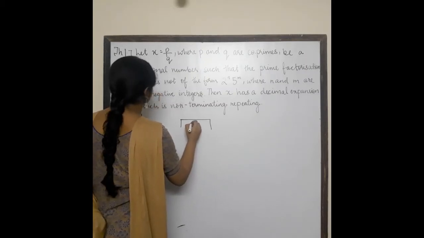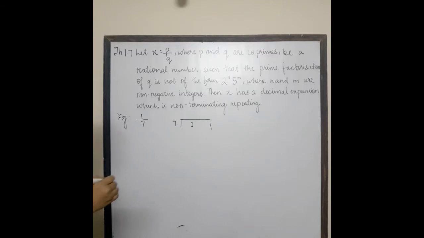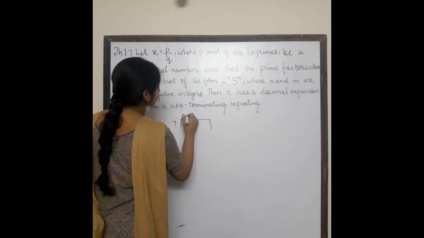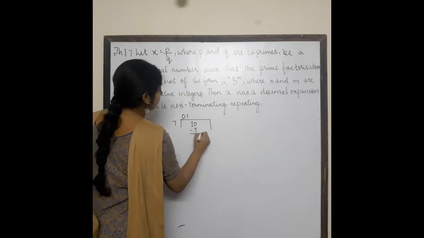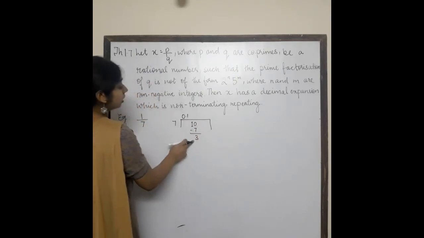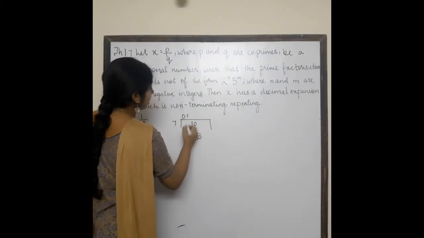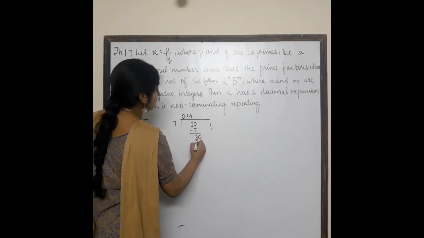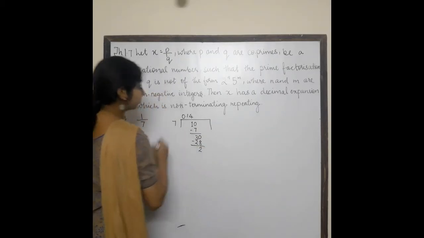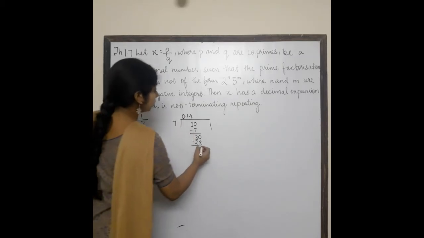We have the number 1 and then we have 7. Now naturally 1 is less than 7, so we have to take the decimal. 0 point, this becomes 10, 7 ones are 7. We have 10 minus 7, 3. This leaves a remainder 3. Let us put 0 over here. 7 fours are 28. 30 minus 28, we get 2. Right? Again, remainder is 2. Let us take another 0.